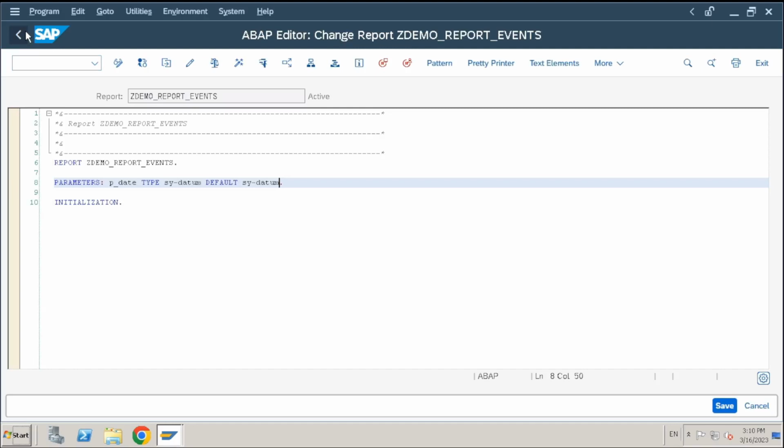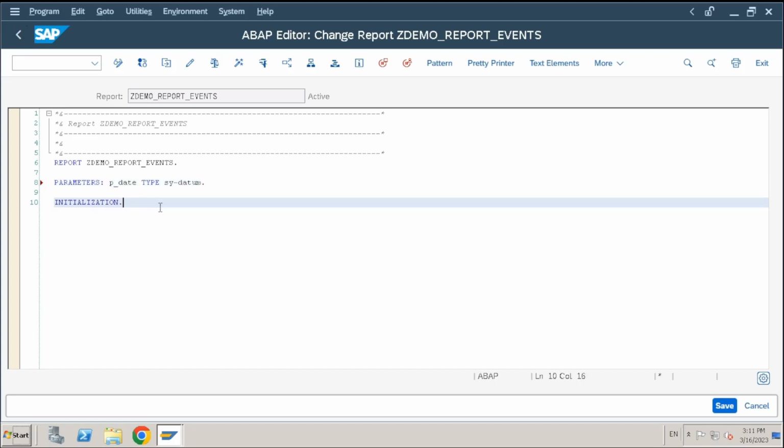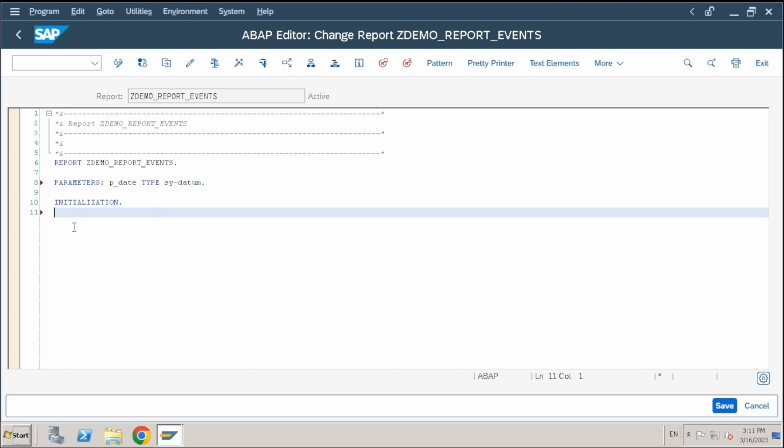But my requirement is to populate some calculated date, depending on some calculation. I cannot do those calculations here, for example minus 10, the previous 10 days' date, or a future date. I cannot do calculations in the default keyword, right? For that reason, we have a separate event, initialization, where you can populate the calculated values as default values. For example, p_date equal to sy-datum plus 10. Some calculation you can perform and pass the calculated value to the parameter. Okay,